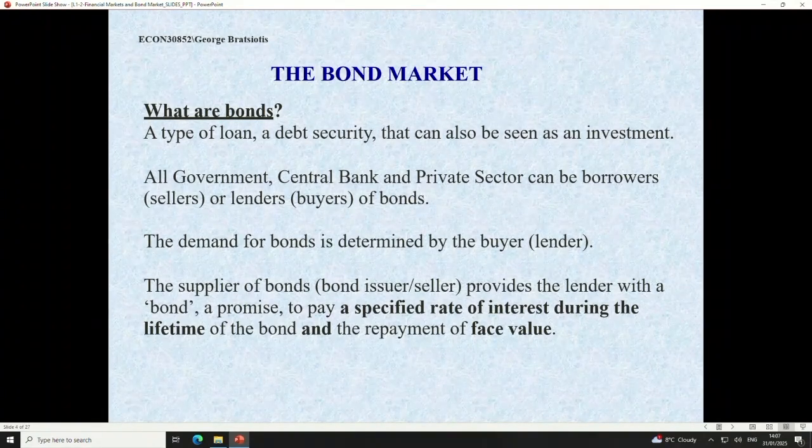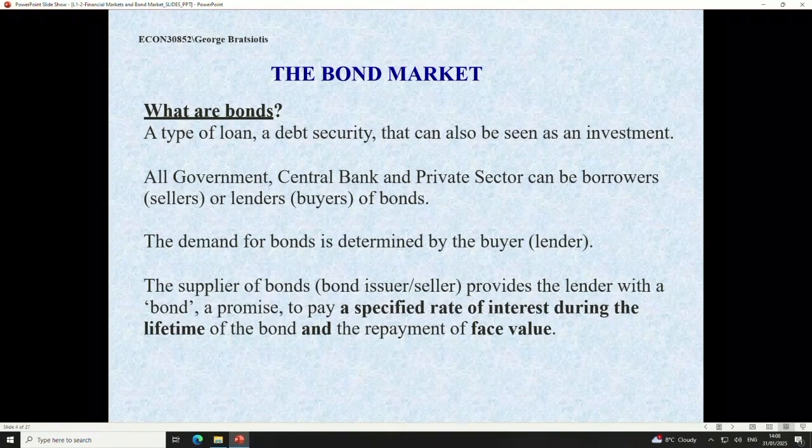And this is the way banks operate. All this business, you know, first year macro, the bank increases the money supply. It doesn't work like that. Usually they do it through open market operations by buying or selling bonds. And that will affect the money. So the two are interdependent. So governments, central banks, and the private sector can all be borrowers.